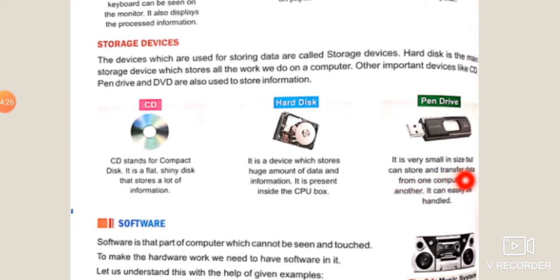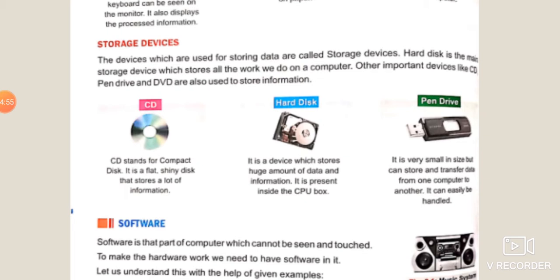It is very small in size but can store and transfer data from one computer to another. It is easy to handle because you do not need to do anything else. Just insert the pen drive in the USB port, the pen drive will open in your system, and you can copy and paste your data into this device. In this drive you can save your data or information and take it anywhere.